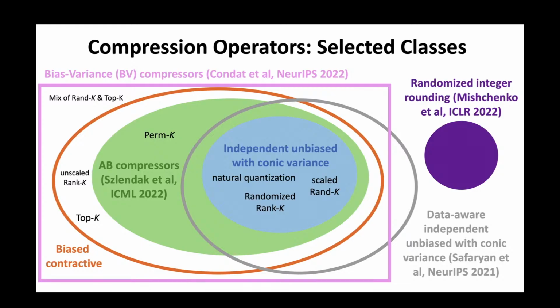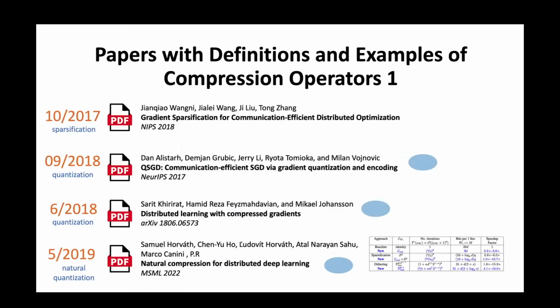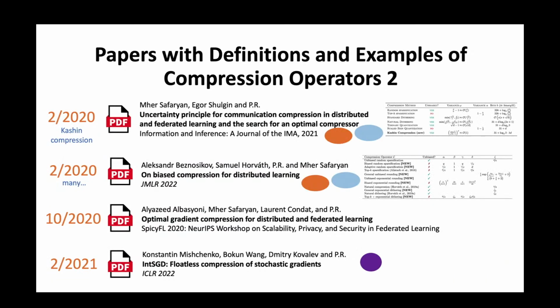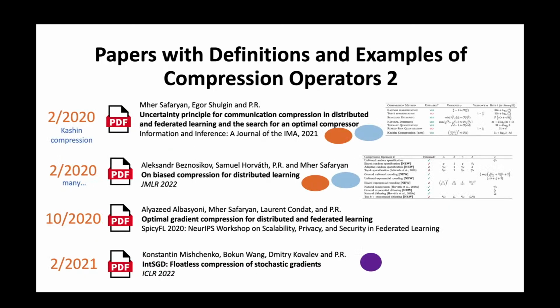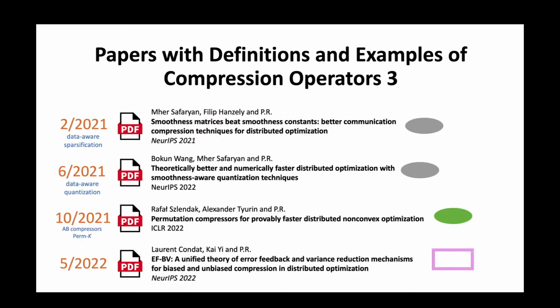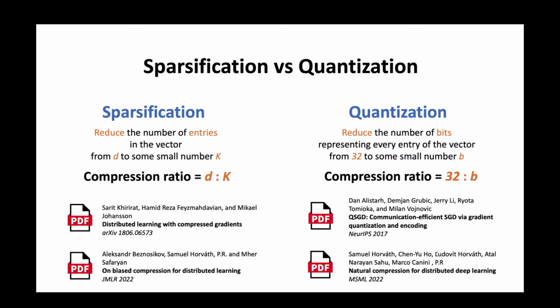you want to find the definitions, I color-coded these papers. Okay, so these are the unbiased, these are the whatever, you have the colors there. I will not be going through this. And in some of these papers, you have these tables of multiple compressors and their properties and so on and so forth. So if you're new to this area, you can just easily get into it by looking at these